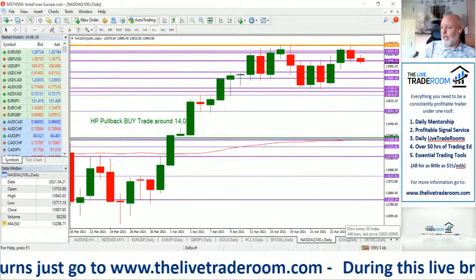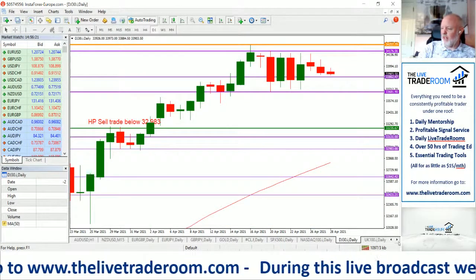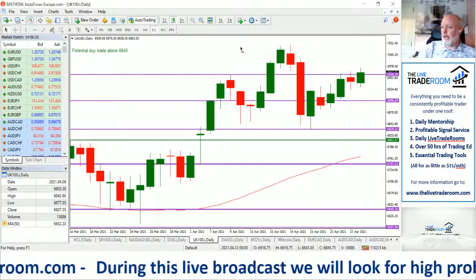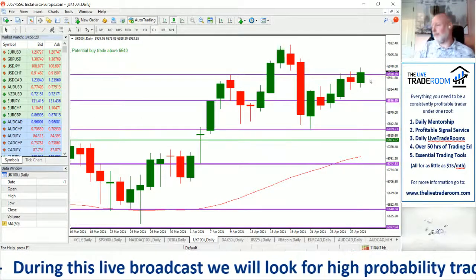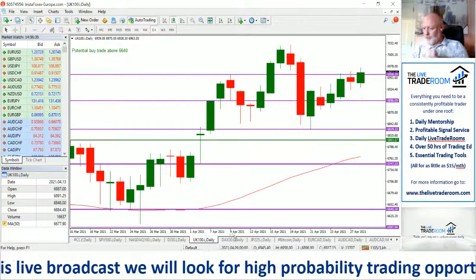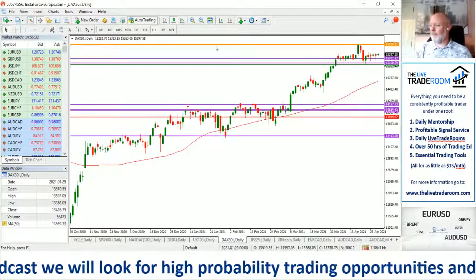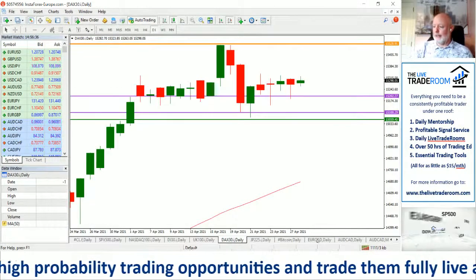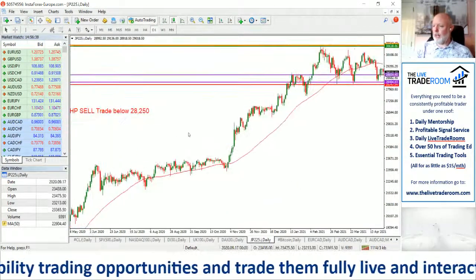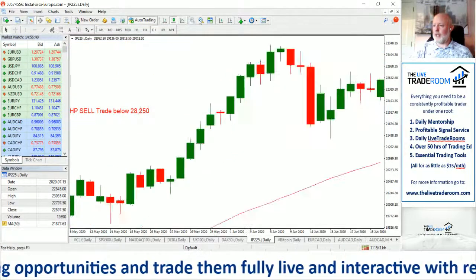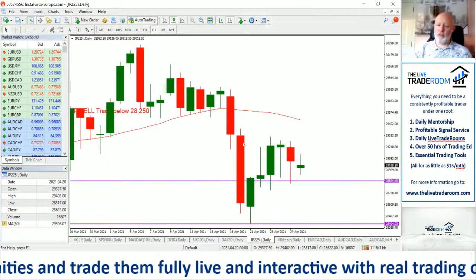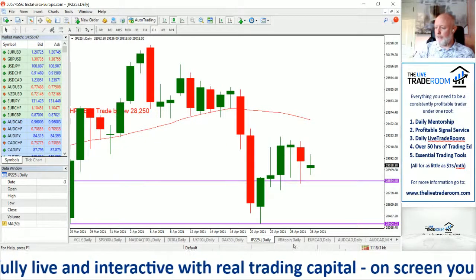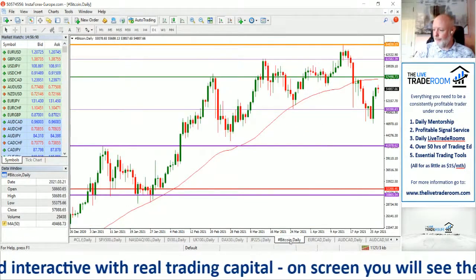So equity markets are not really doing an awful lot, still relatively close to all-time highs, so that must be acknowledged as well. We've got a bullish day in the FTSE market. Very mild price action in the DAX. So these trades are not really jumping out off the screen at us, and that normally means we should probably be a little bit patient with some of these, not be too anxious to get into them.